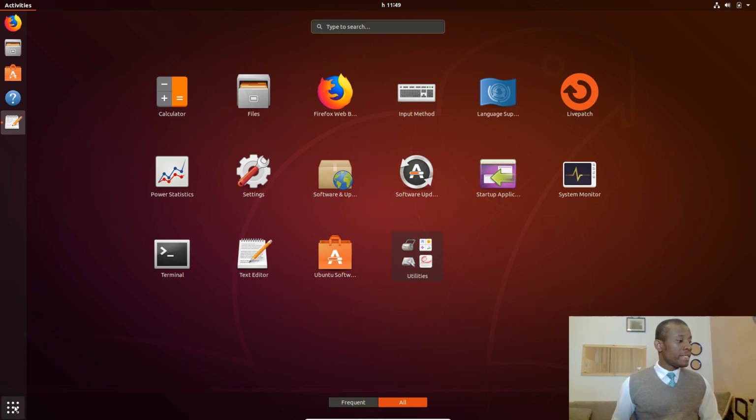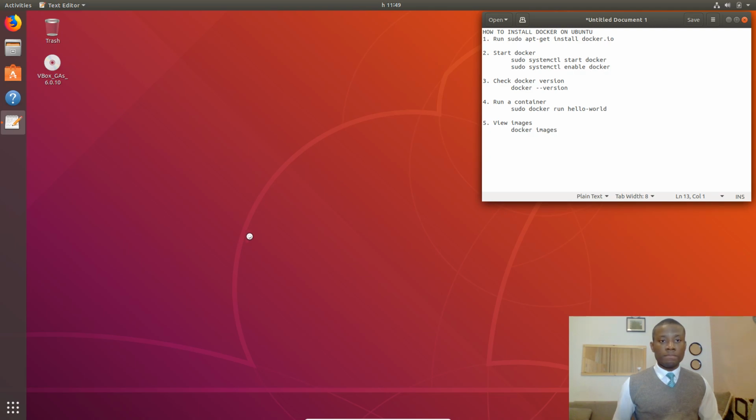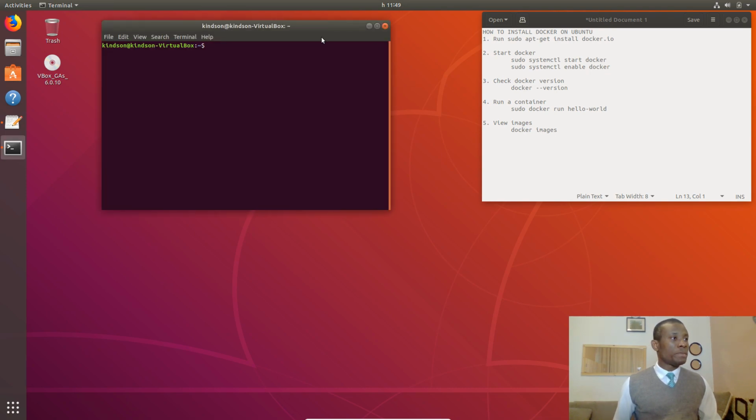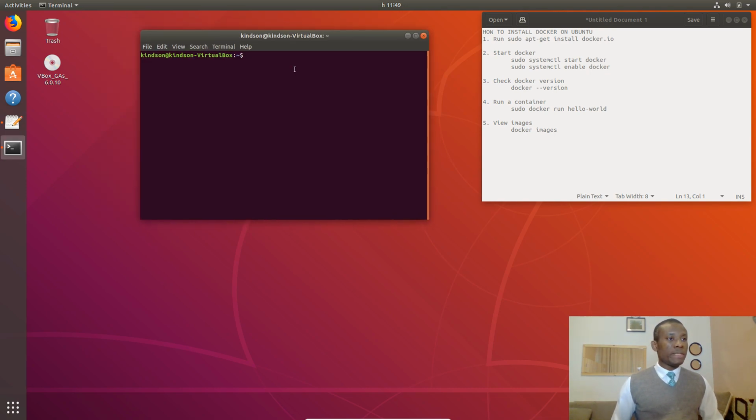So click on this grid here, and click on terminal. You open the terminal and you are going to install Docker. It takes a few seconds to open. So what you are going to do, simply say